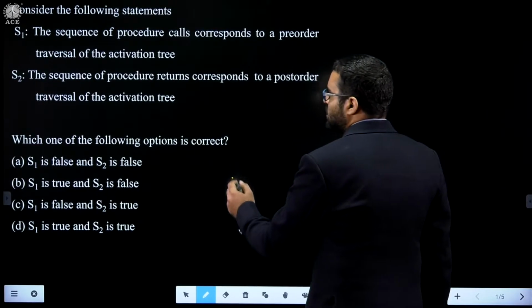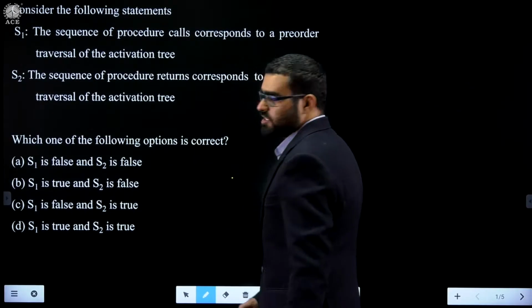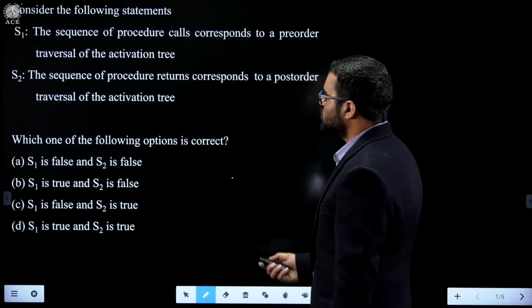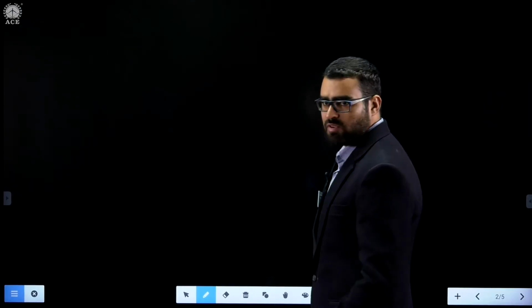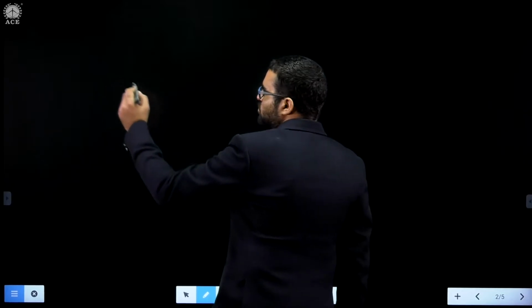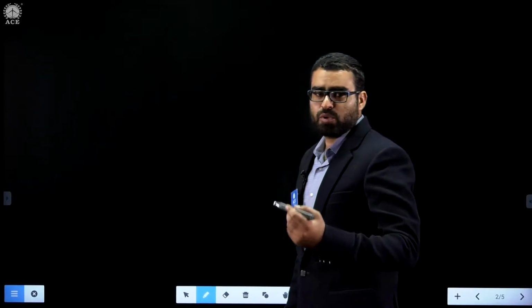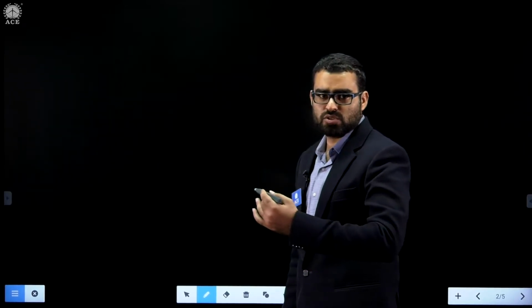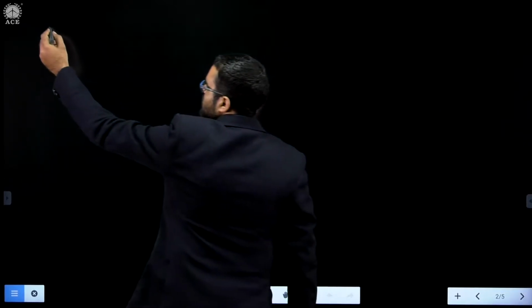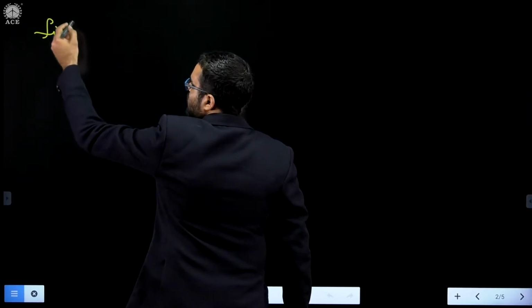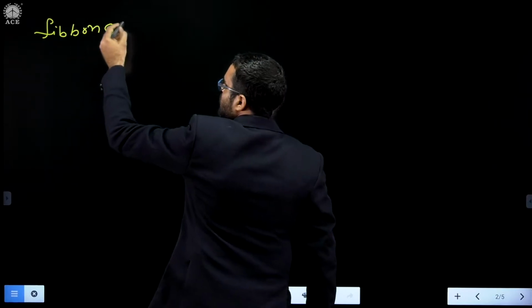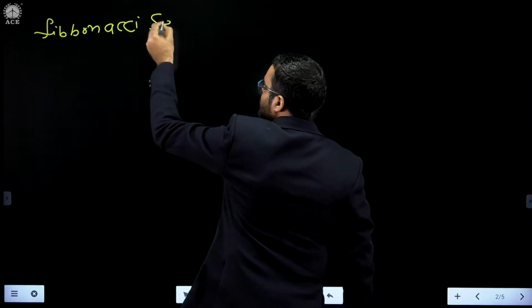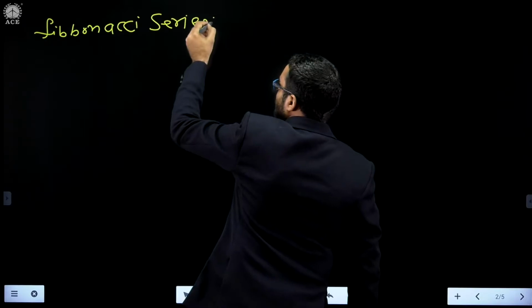Now let's see statement S1. With an example we will try to see this. Let's assume that we want to compute the Fibonacci series.